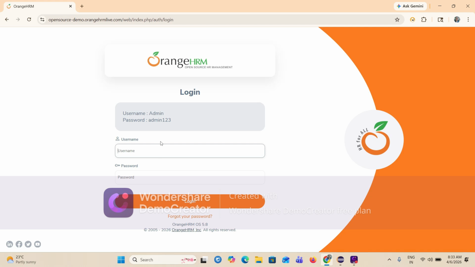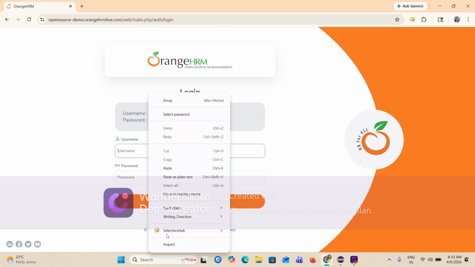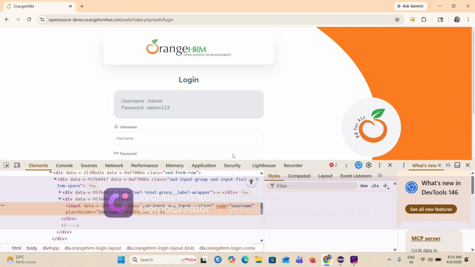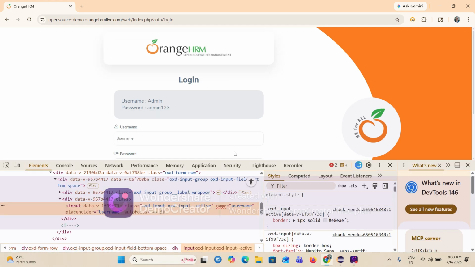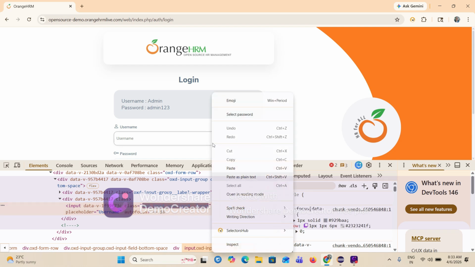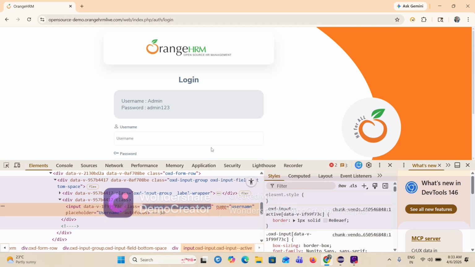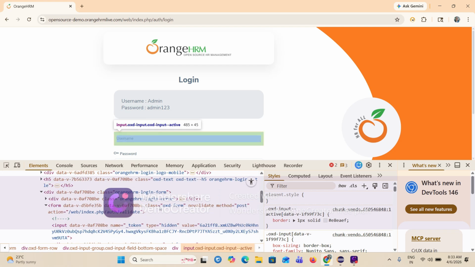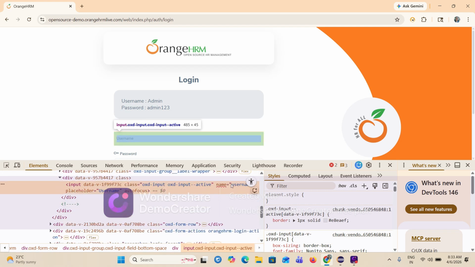What is the DOM page? DOM means Document Object Model. First of all, right click on username and inspect. This is the DOM page. The DOM page is created by the web application. This is the HTML in the DOM page.